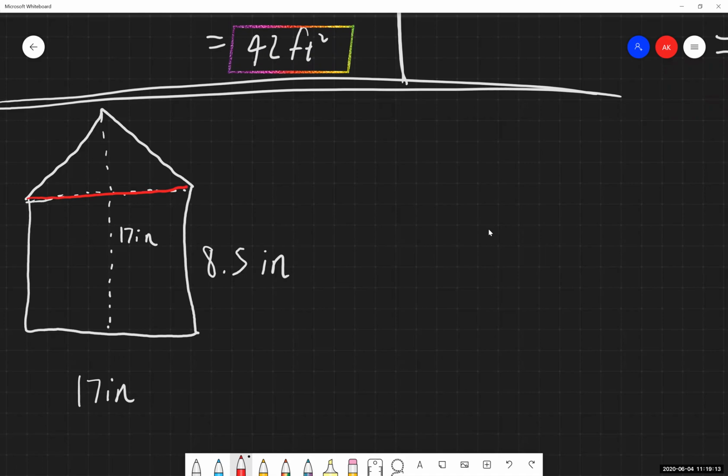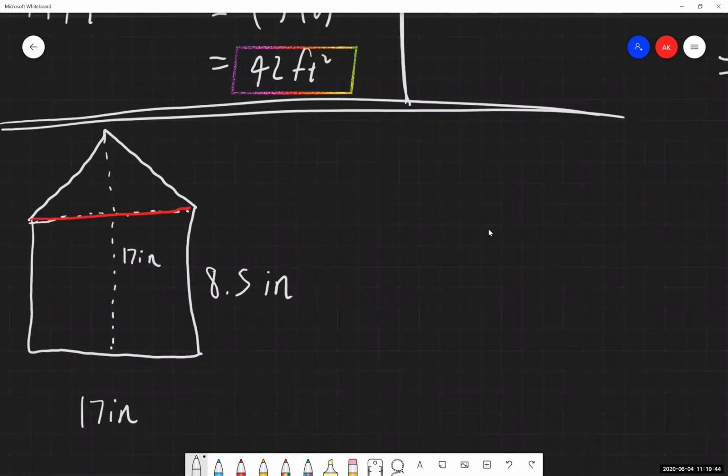I'm seeing this upper area we have up here. I can determine the area of that triangle. I have an equation for that. I can determine the area of this rectangle down here, and I have an equation for that. So I'm going to solve for the area of the triangle, solve for the area of the rectangle, and then bring all of those together at the very end so we can find the total area here.